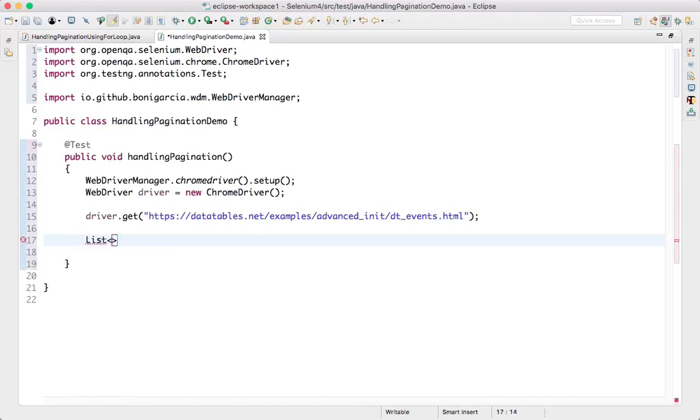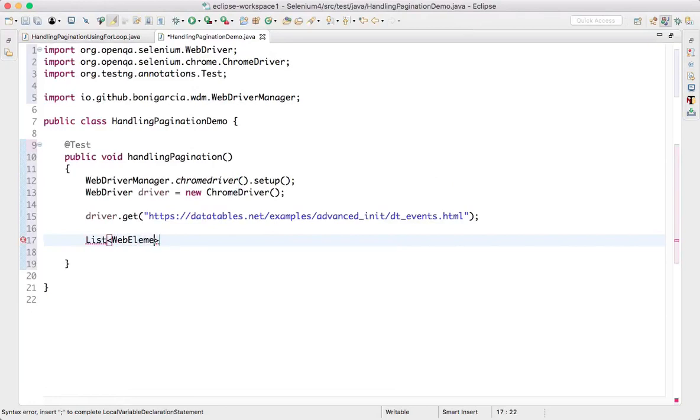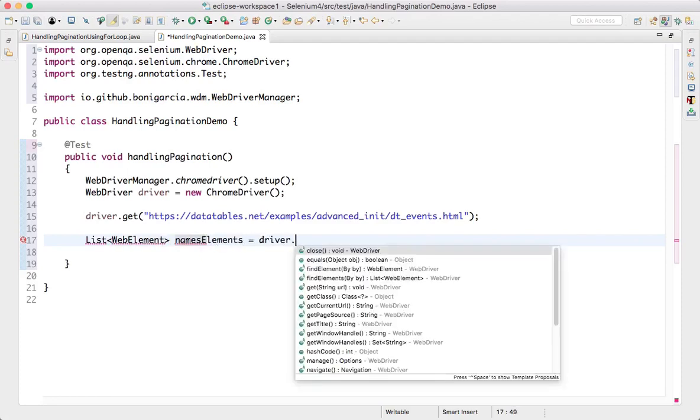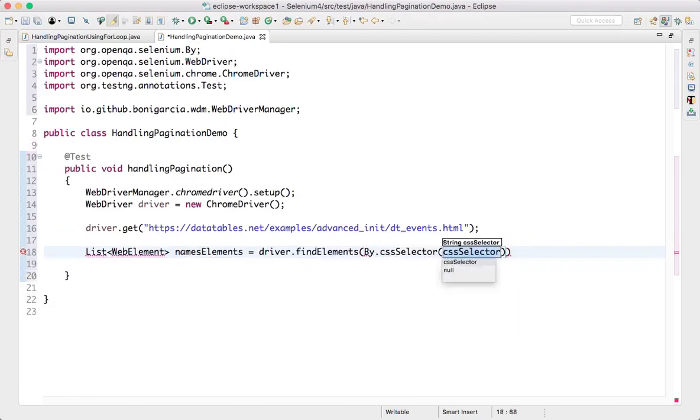it will give me a list of web elements. So List of WebElement namesElements equals driver.findElements By.cssSelector, where we provide the CSS selector. It will give me all the names.